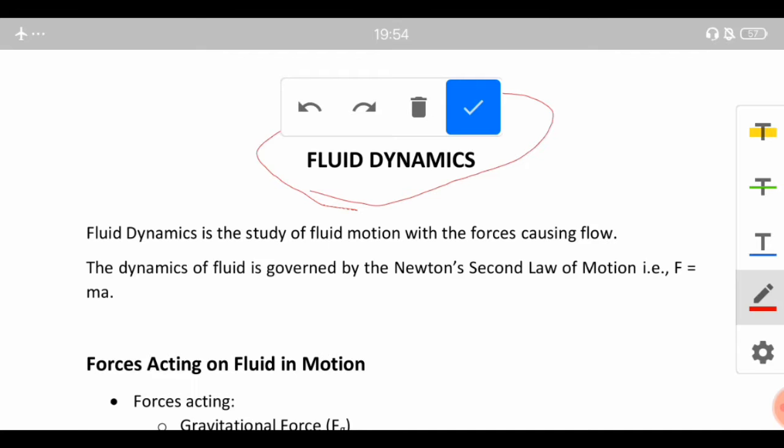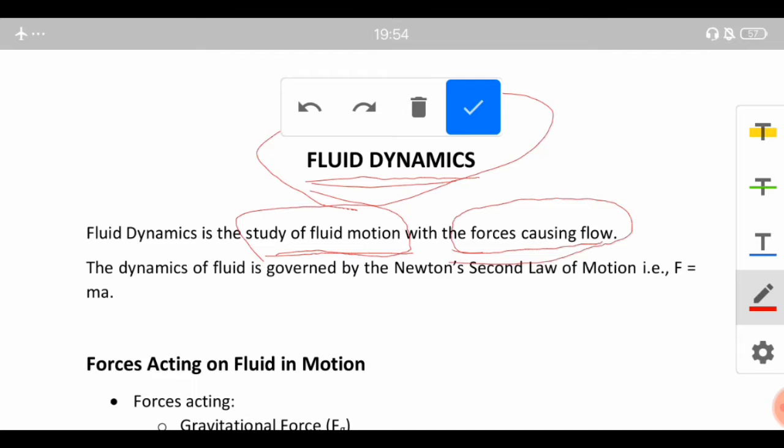In this video I am discussing a new topic, that is fluid dynamics. It comes after three topics, that is, we have read about fluid properties, fluid statics and fluid kinematics. We are now shifting on to fluid dynamics, which is the study of fluid motion with the forces causing flow. So in this chapter we will study the motion of the fluid, and also we will include the forces